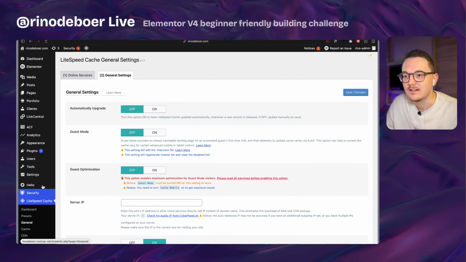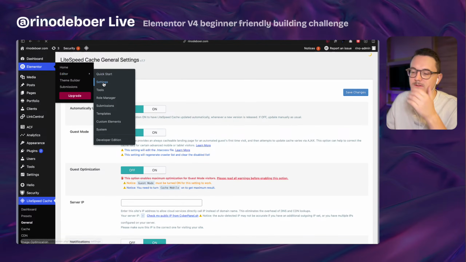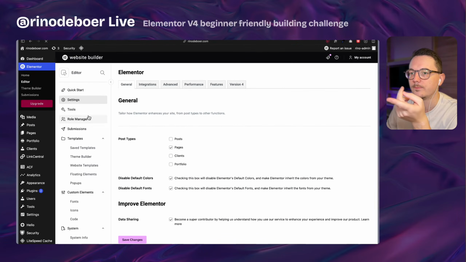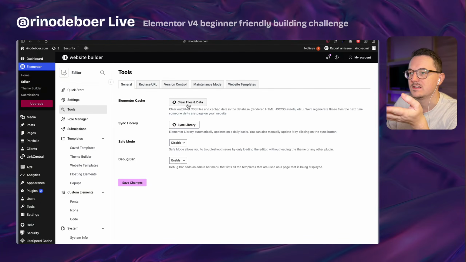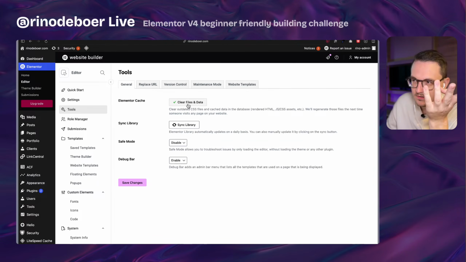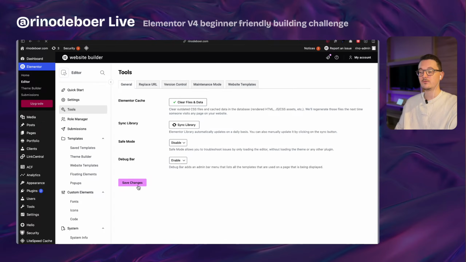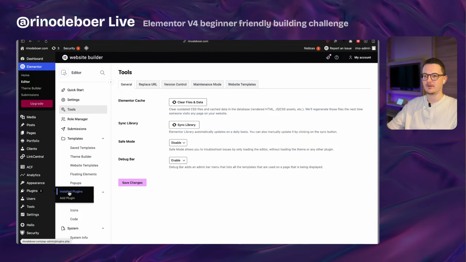And also what happens often is that you just need to clear Elementor's cache from the tools. Here, they changed the menu. It now looks like this. Yeah, you just need to clear the cache like this, and that also often solves problems. So if you really don't know what went wrong, why your front end is not the same as your editor, then it's probably something with cache. So actually, while you're developing, it's better to not have a caching plugin, which I actually teach, but I forgot